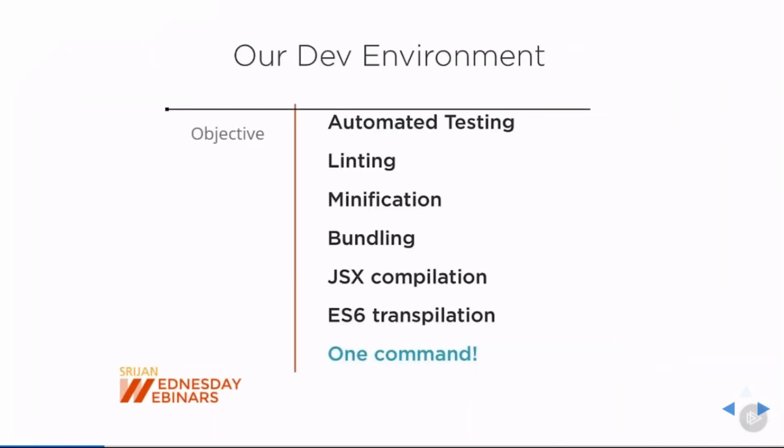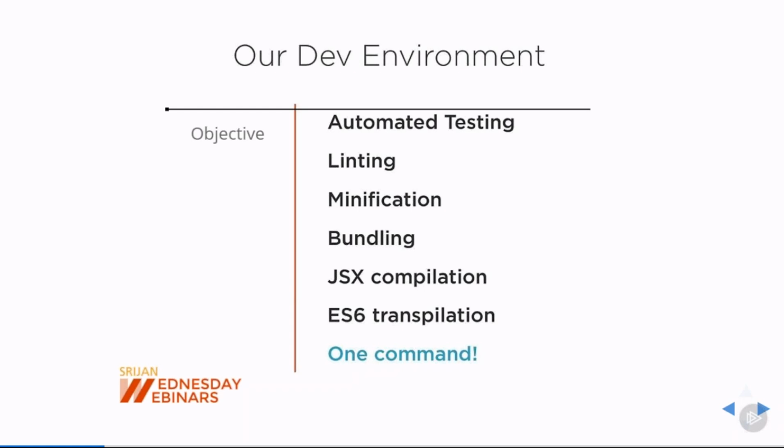The objective of setting up the development environment is to run everything with a single command. We will write our React components, set up the linting mechanism using ESLint, and also do some minification of the output files. We will do the bundling because we are writing the code in ES6 and using Babel as a transpiler. In production applications, we might have a lot of different files: CSS files, font files, JavaScript files. So here we are using Webpack as a bundler, which provides the capability to bundle everything inside a single bundle file.